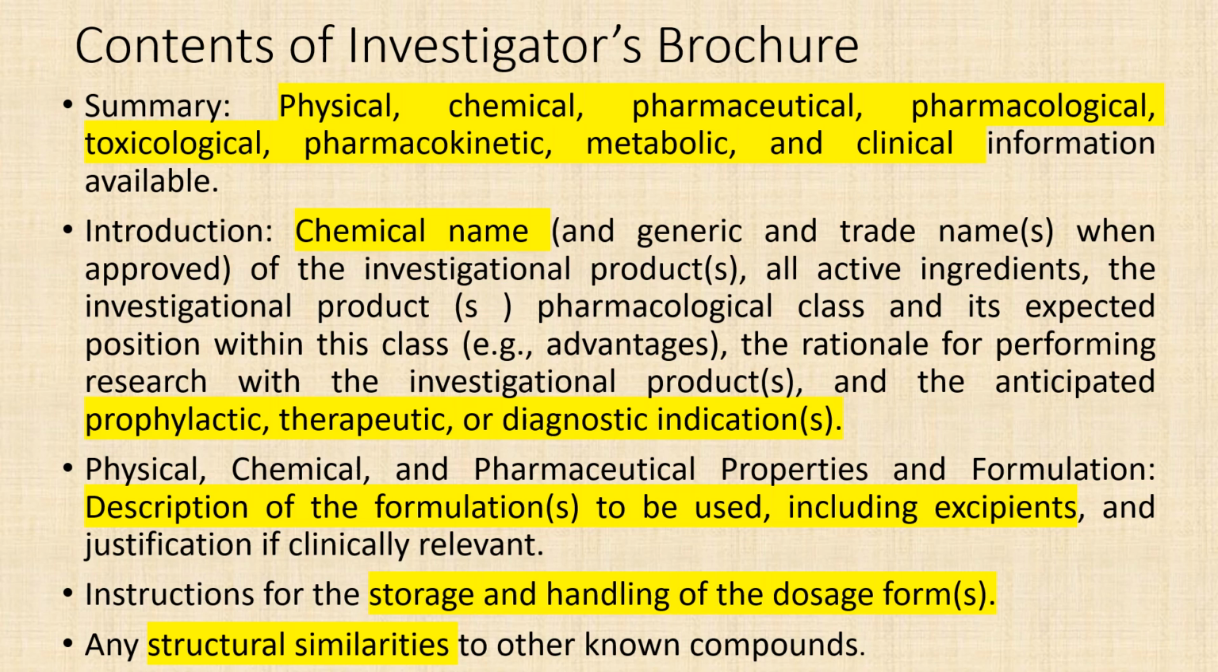Other content should include the physical, chemical, pharmaceutical, pharmacological, toxicological, pharmacokinetic, metabolic, and clinical information that is available on the new chemical entity or the new biological entity. Then the chemical name and the generic and trade names, when approved, of the investigational products, all active ingredients, the investigational products,